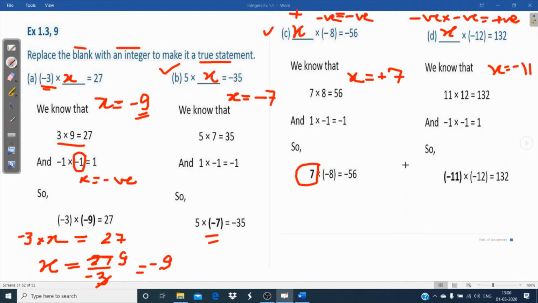And if you want to solve by that another second method, that also you can do, students. X into minus 12 is equal to 132. Now let this x stay here itself. Now with this x, this minus 12 is in multiplication, so it will go in division. So divided by minus 12. What was the numerator here? 132. So after solving, when you reduce, what you will get? 11. And since there is a minus sign, you will get minus 11.